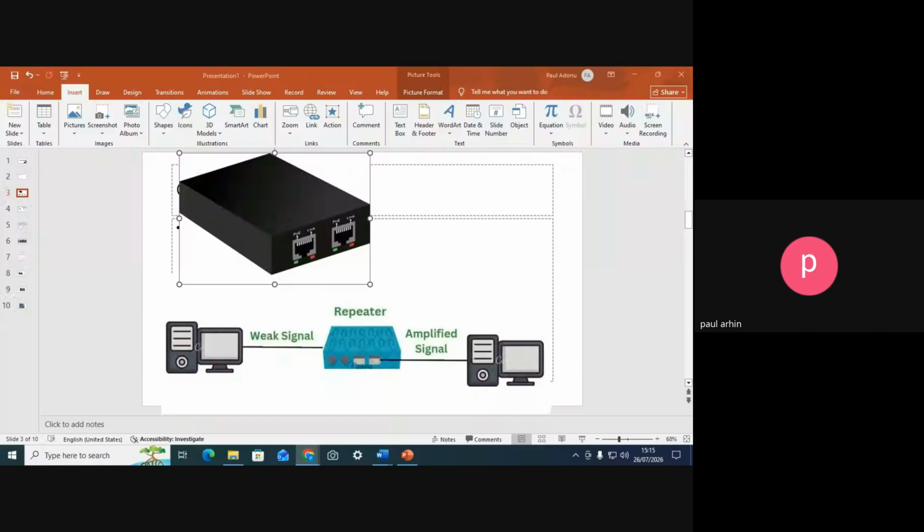Because you can't just position it anywhere and expect that the device can go and see that this signal is going weak. You know that I'm using a cable to connect to this particular switch. Now, if the switch is far away from where I am, it can't directly connect to the switch because it will be too long for the signals that are traveling in it. So in between them, I must